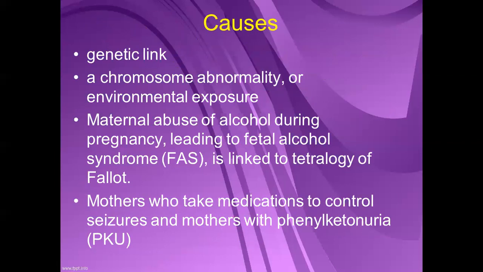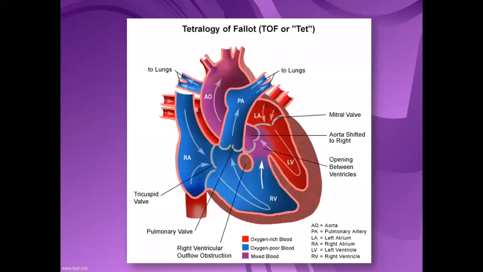Over this tetralogy of Fallot, we have to know about the nursing management. The nursing management has two categories, pre-operative and post-operative. In common format, first and foremost, there is diminished cardiac output for the child. Then cyanosis is present, so over the cyanosis you can also write the nursing diagnosis. Then third, the child's nutritional level is diminished, then high risk for infections. These are the common nursing diagnoses you can write.